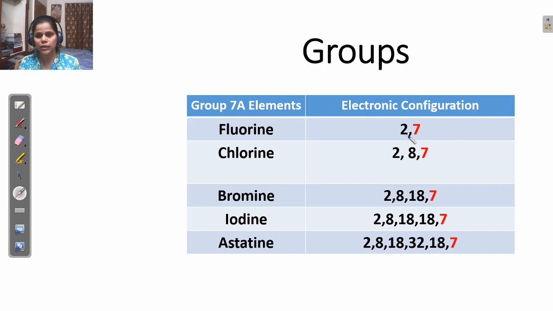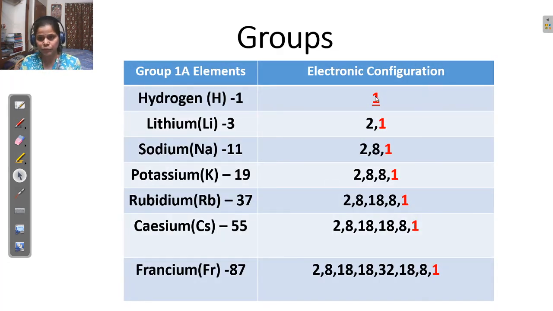That means it is complete. So the valency is minus 1. But if the number of electrons in a valence shell is less than 4,